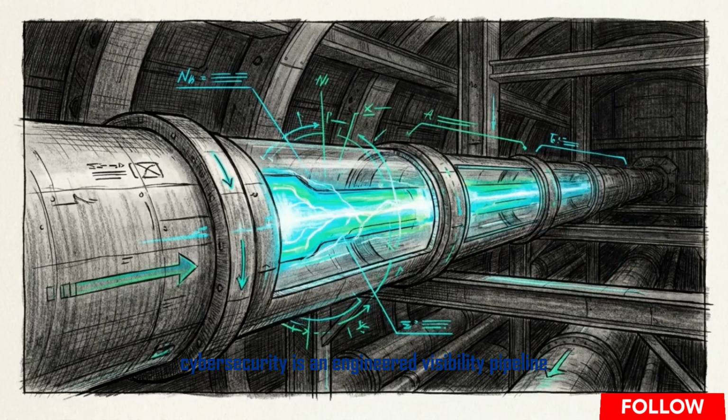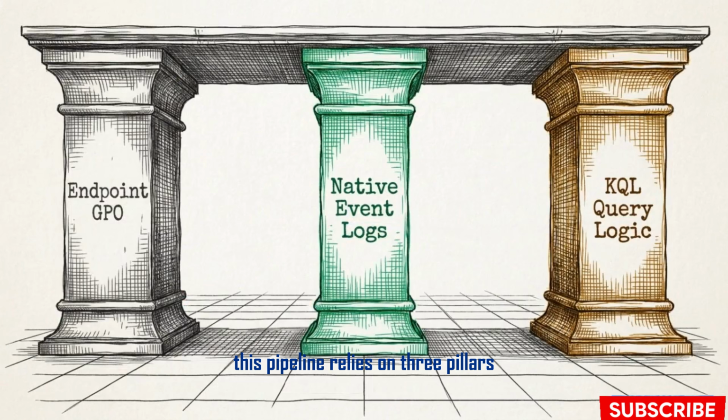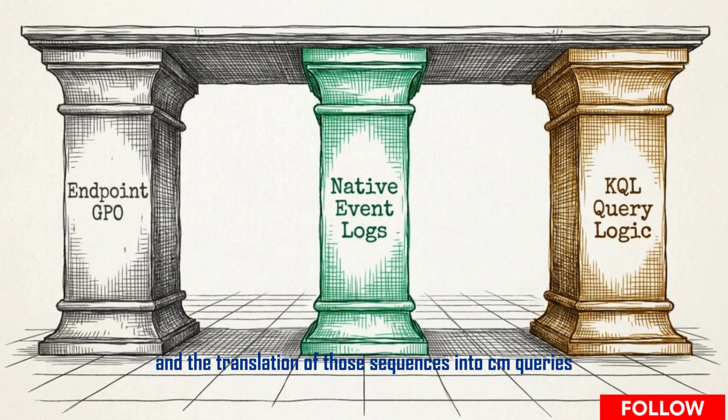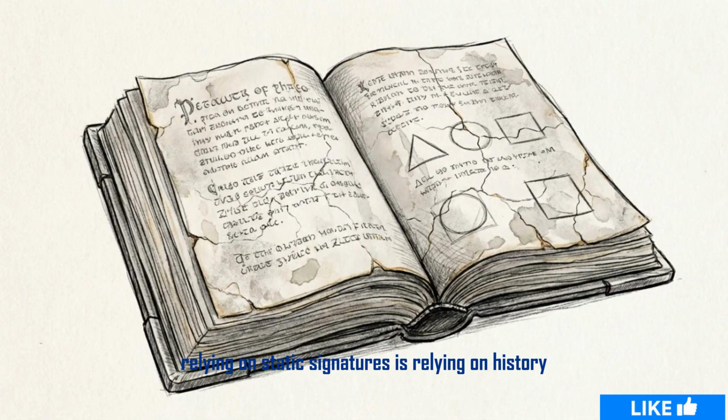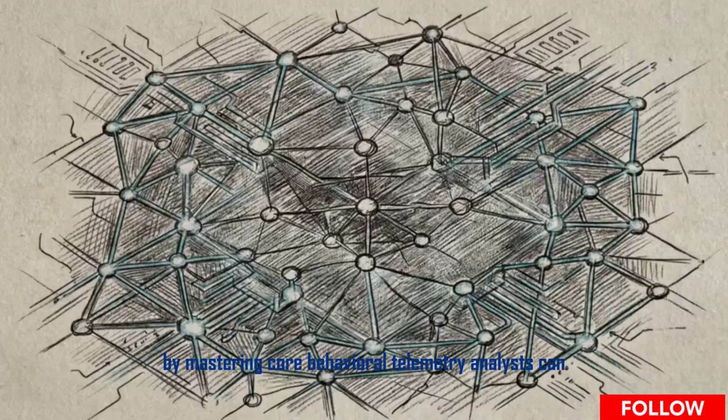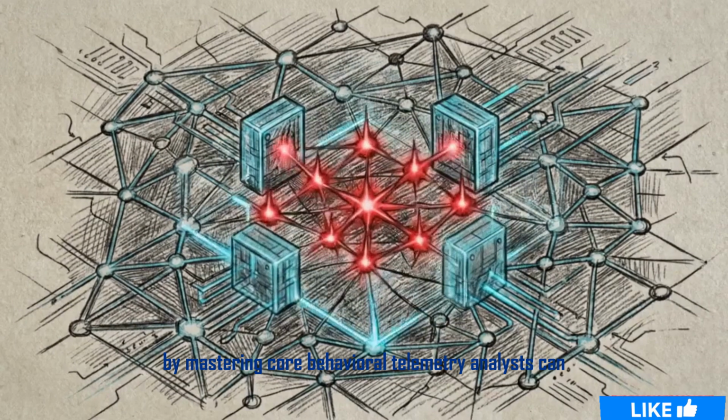Effective cybersecurity is an engineered visibility pipeline, not a static product. This pipeline relies on 3 pillars: deliberate GPO configurations, intimate knowledge of native event IDs, and the translation of those sequences into SIEM queries. Relying on static signatures is relying on history lessons of past attacks. By mastering core behavioral telemetry, analysts can